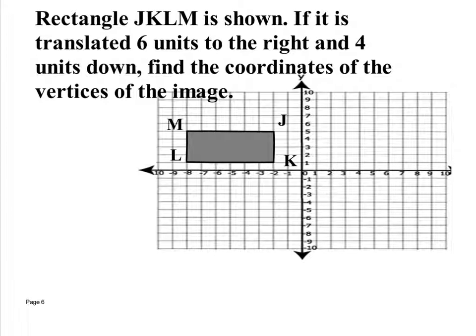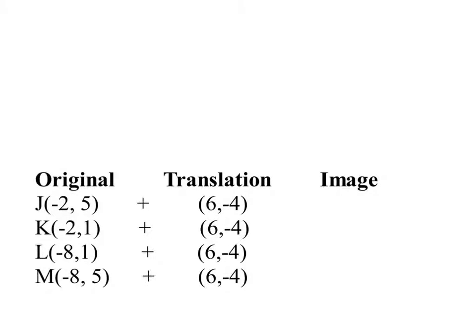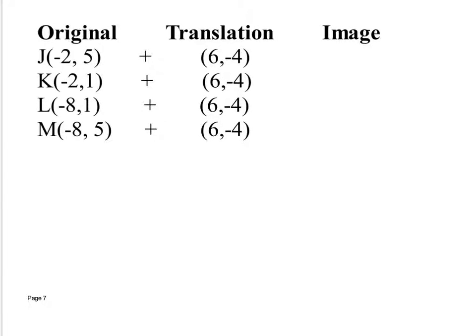So here's what I want you to write down. All of this, okay, this is the easiest way of figuring out the original points and what's happening to them and what the new points are going to be. So everybody needs to copy this down. So this is the easiest way of graphing the new image, of figuring out what the vertices are for the image. So J was originally at -2, 5, and we were going to move it 6 to the right and